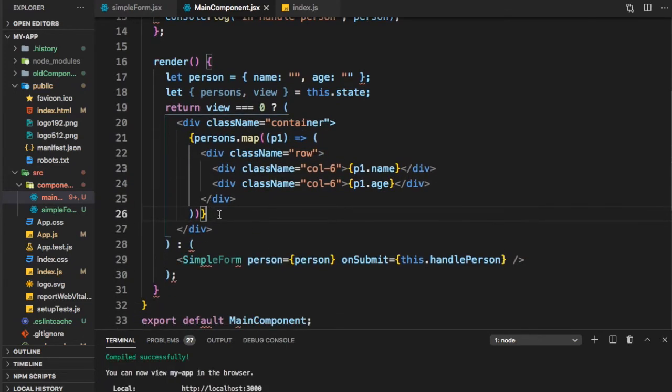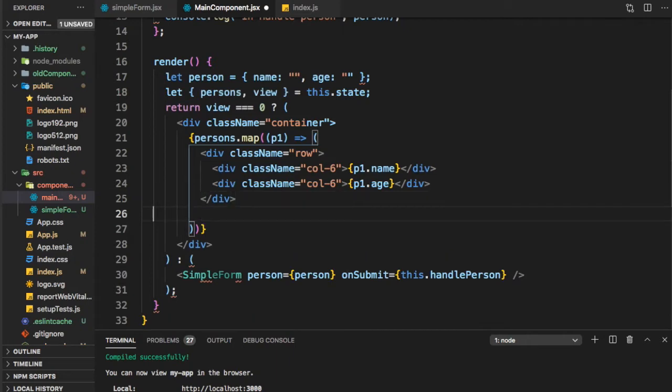So we will display the table, and now below the table we want to add another field, another button. So let us just add a button.